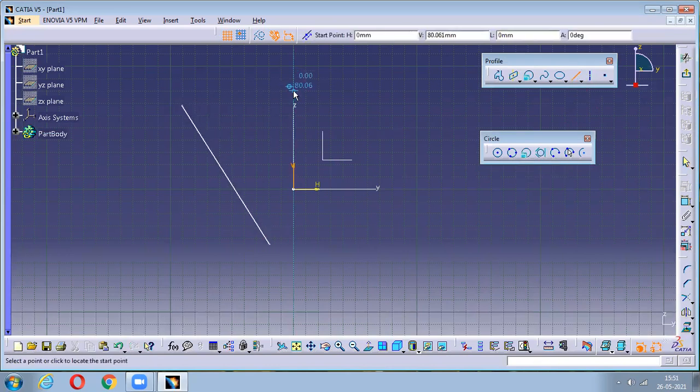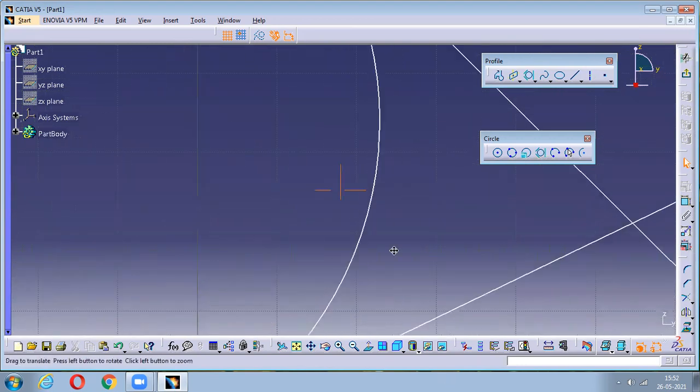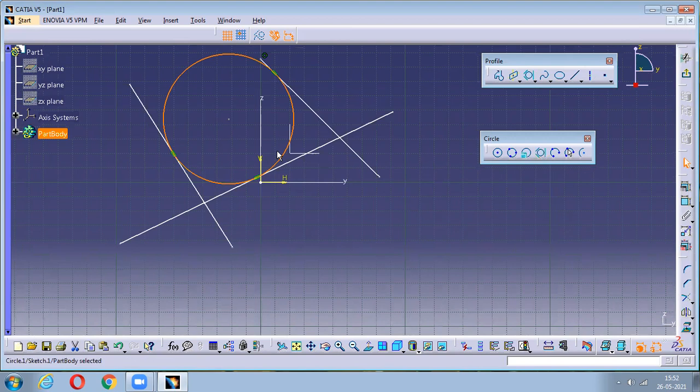So next we have what is called a tritangent circle. Here you should have three lines, upon which a circle will be created by using these three lines as tangency. Once I complete selecting this, you can notice one circle which is exactly tangent to this. And you can notice some green symbols here, right? This symbol is called the tangency symbol. And this is called coincident. I'll explain each and every constraint once I come to the geometrical constraints.